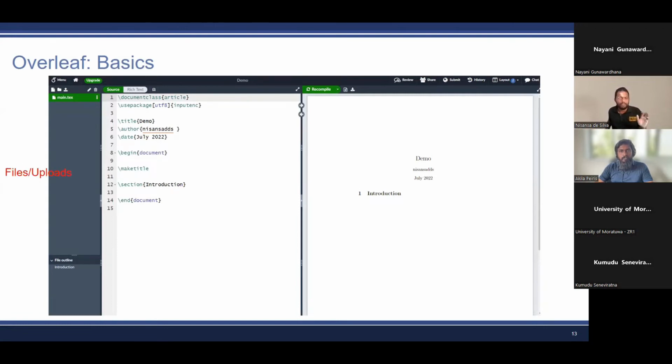So first of all, we have file updates, files and uploads that we can put into the project. Then we have, this is rather new, and when I say new, it is about a few months old, the navigate menu of the topics that you have in your document.